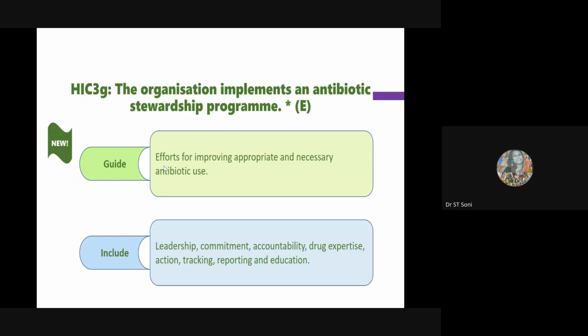Beyond this is the antibiotic stewardship program. Government of India is also now advocating it. It is a multi-sectoral approach, where multiple people are involved, like the pharmacist, pharmacology department, microbiology department, and the clinicians. So it is a collaborative approach to reduce the healthcare associated infection rate and also decrease the multi-drug resistant organisms